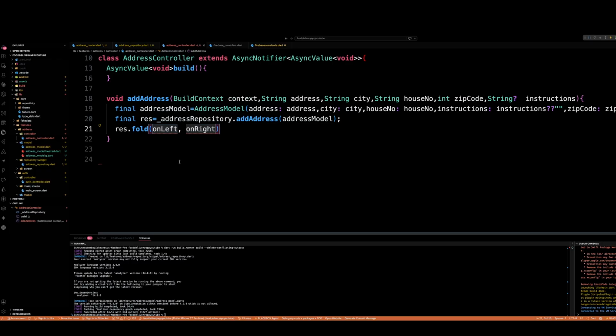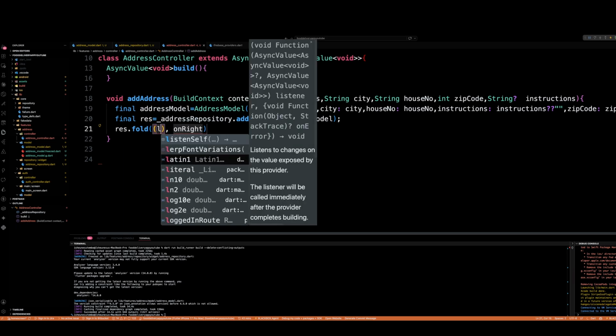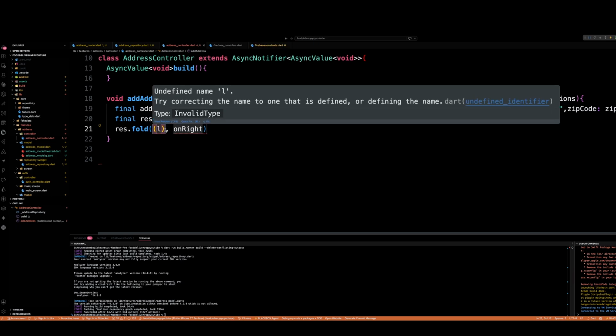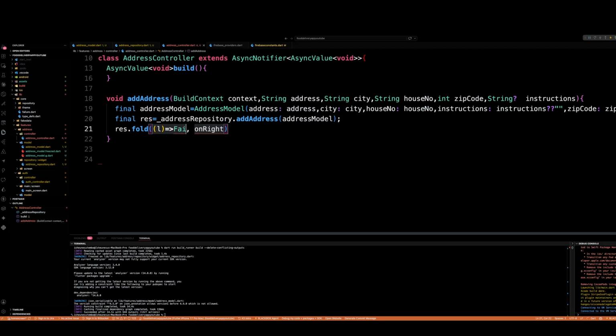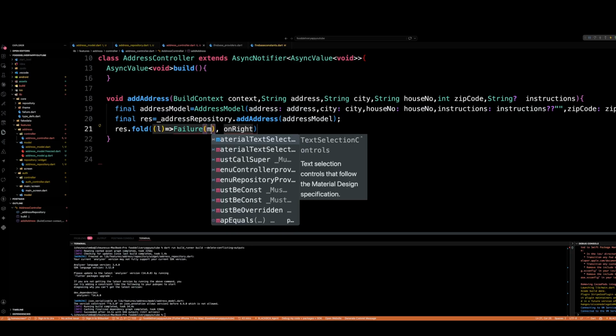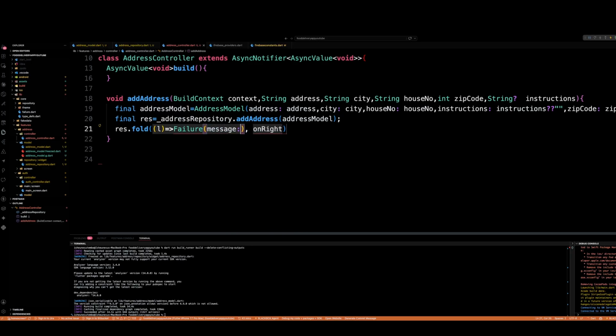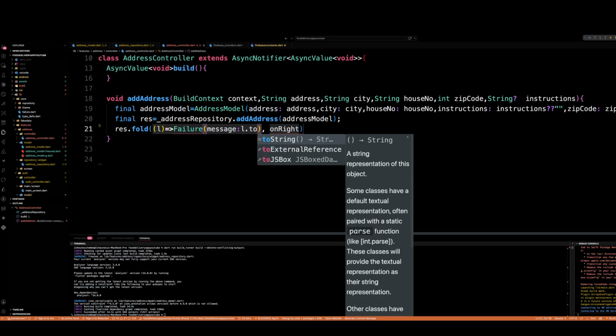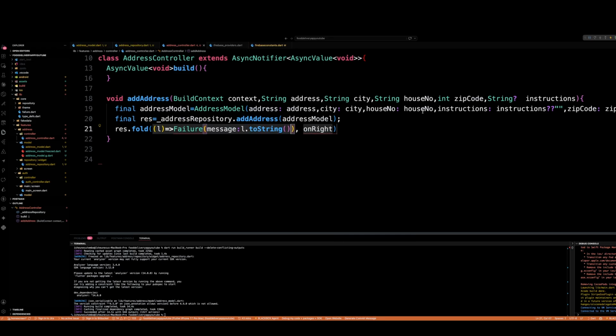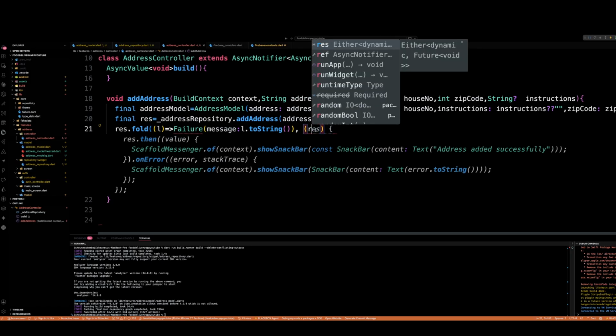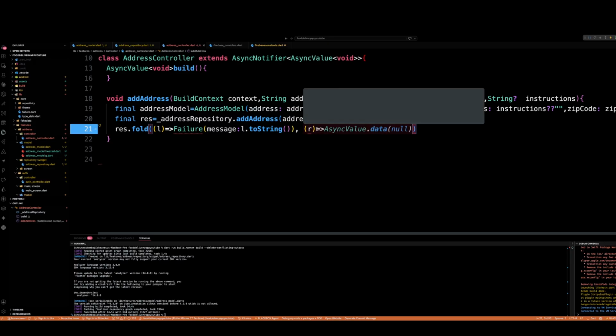Right, so on the left side, that's what we are going to use to represent when there is a failure. So when there is a failure, we are simply going to display a message, it's going to be l.toString. Then on the right side, that means that it was uploaded successfully. So what we're simply going to do is return